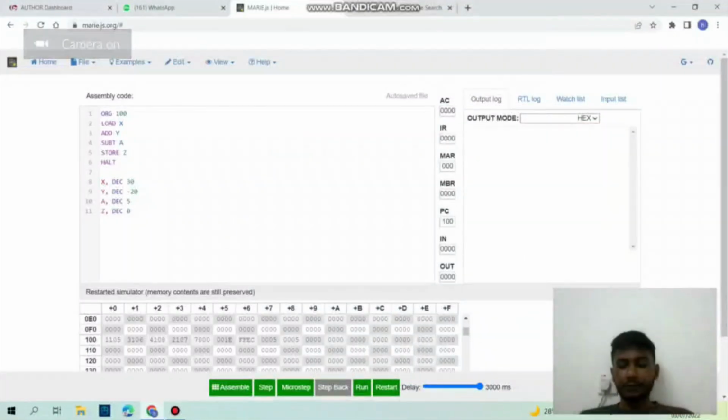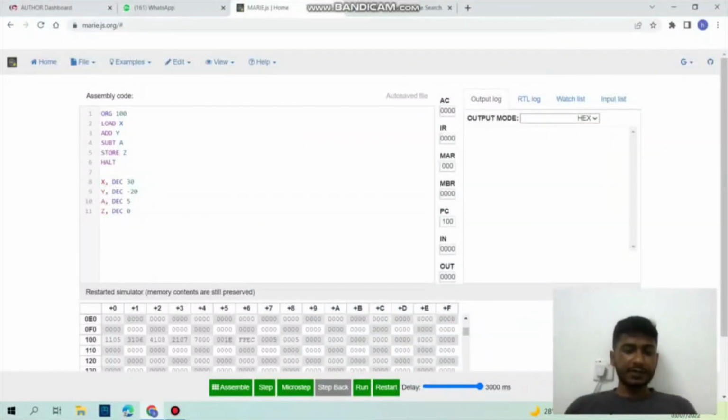Hello and very good day to our lecturer. So I'm going to now explain about our calculation method. Our calculation is x plus y, which is subtracted by a. So as you can see, we need to assemble the code. So we organize at 100, and then we load x, add y, and subtract a, which as you can see over here,